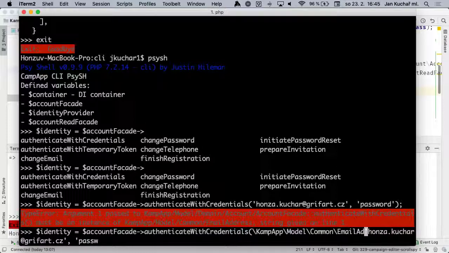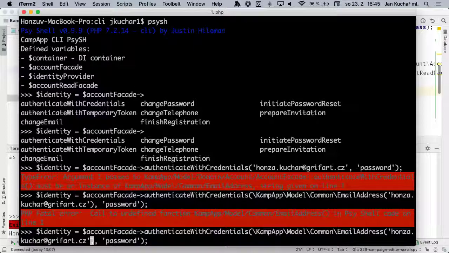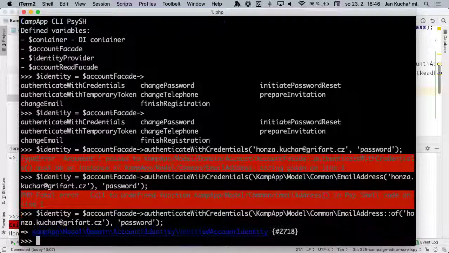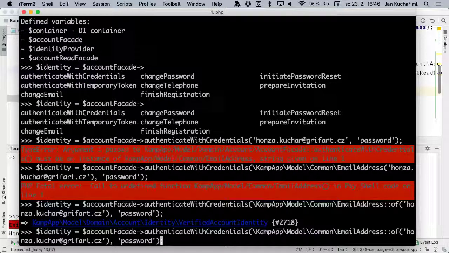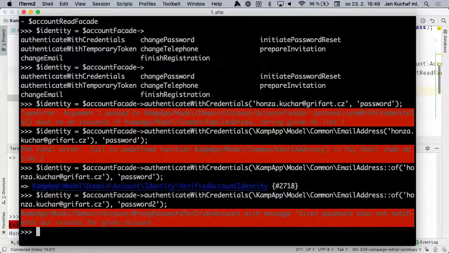Common email address. It's quite long, I know. Magic. Ah, there is a constructor. Sorry. So it creates user, the email address and password, and it actually succeeded. So I have verified account identity returned. When I put something different there, I get exception. Wrong password given for an account. So now I have